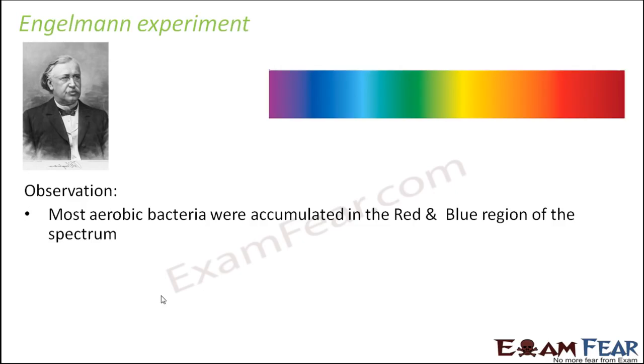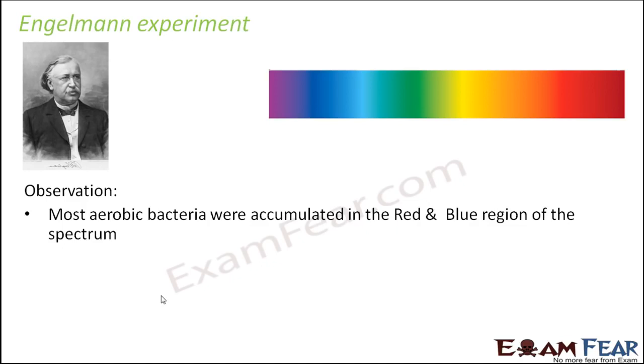So if you look at the spectrum, this is how it looks. When you pass white light through a prism, it gets divided into its constituent colors like this. This process is known as dispersion. You would have studied about it in your physics. So this is how he got the light. He used this light, and with this light he illuminated the algae which was in a suspension of bacteria. There were a huge number of bacteria, and those bacteria were oxygen loving. So they tend to be in a region where there is more oxygen, because they need oxygen for their survival.